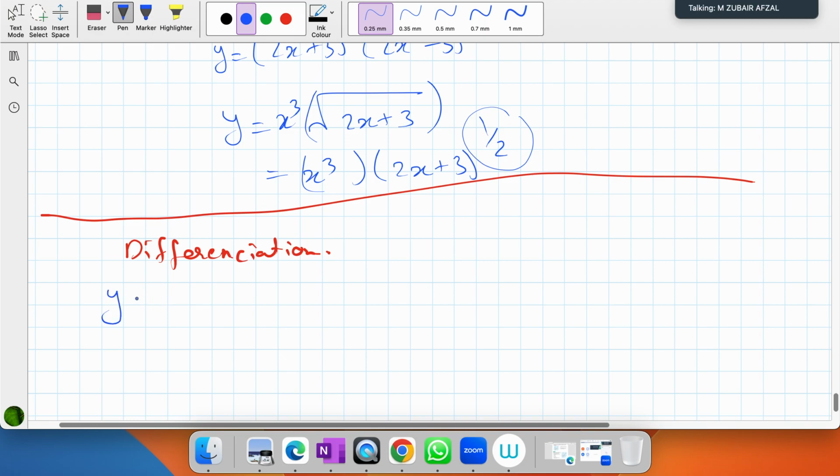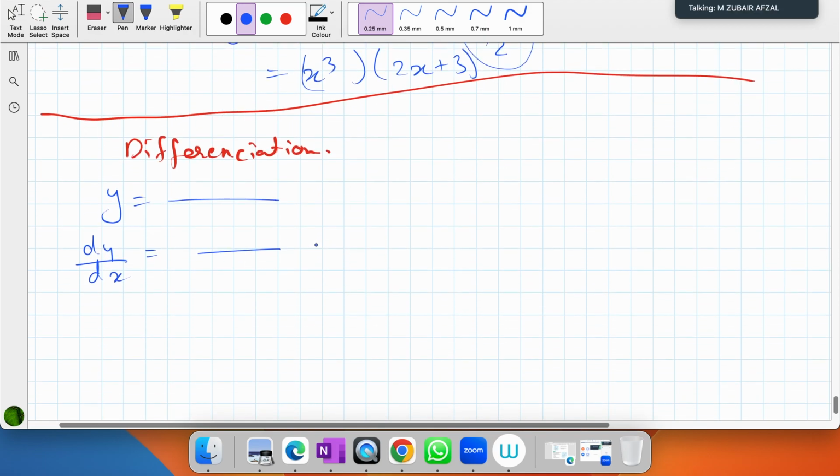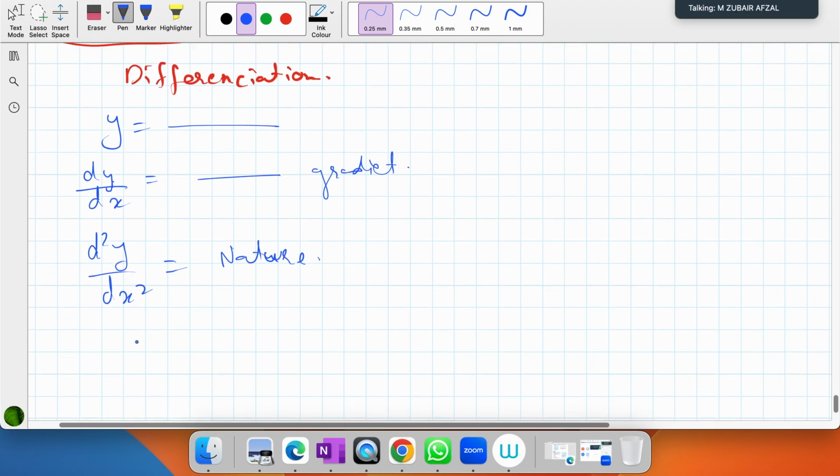One thing was you're given the equation y is equal to something. The first step of differentiation is dy by dx, whatever it would be, and that will be your gradient or rate. The second step is d square y over dx square, which will tell you the nature of the point. For example, let me consider this: y is equal to